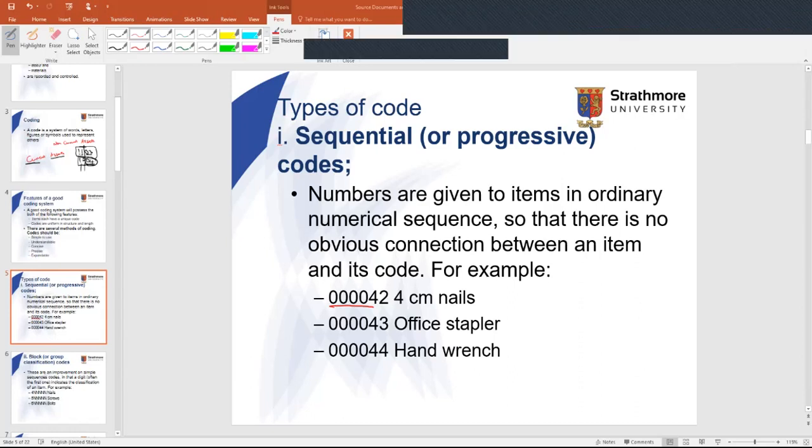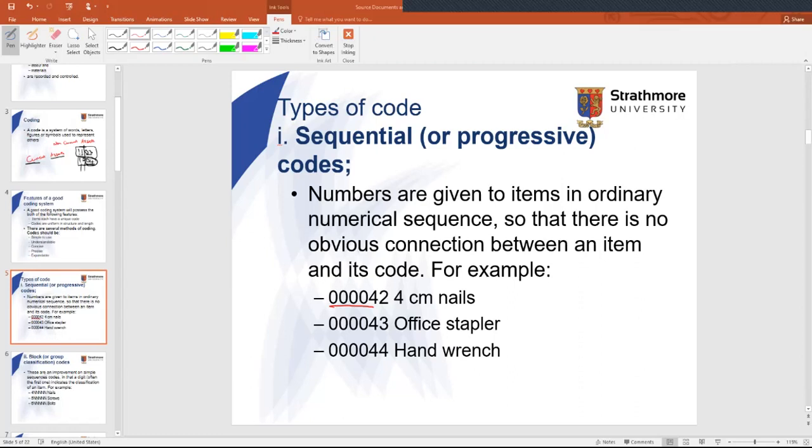Now, 42, what does 42 mean? It doesn't represent anything, okay? It represents the nails, the 4 centimeter nails. However, it was not given because there was any rationale behind the number 42. It could have been given to another asset, maybe an expense, or furniture. That's what we have. Therefore, we are trying to say that this